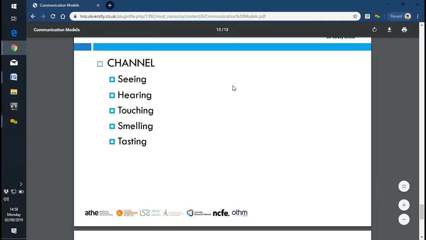So the different channels or methods are seeing, hearing, touching, smelling and tasting. Obviously the last three can only be done if you're in the same position and the message is being transmitted face to face. But seeing, as we've got on here now, you're able to see my screen, and I hope you can see my mug at the bottom in that little bubble, because I've got my webcam to work today. So seeing and hearing are a mixture of the two, depending on what method or channel you're using.